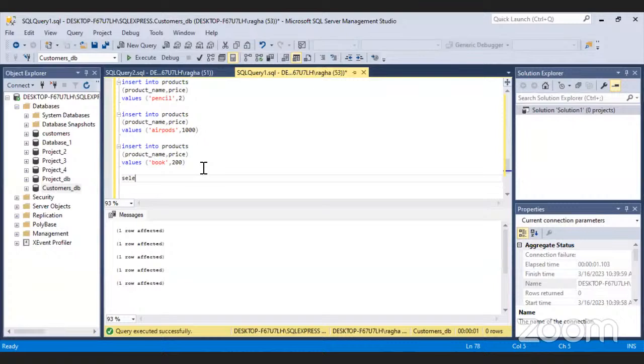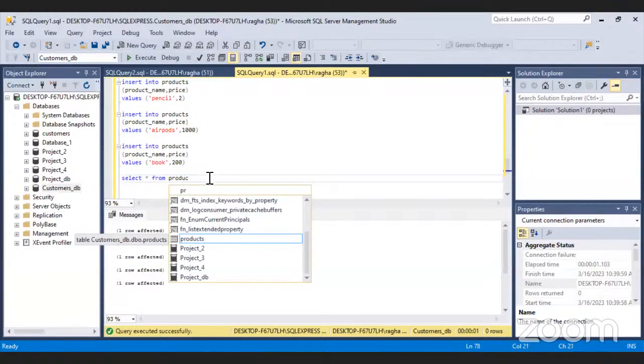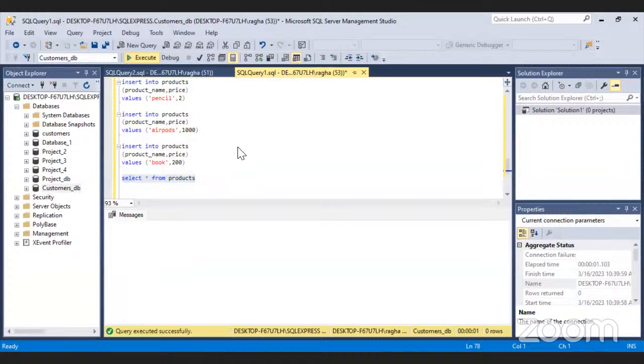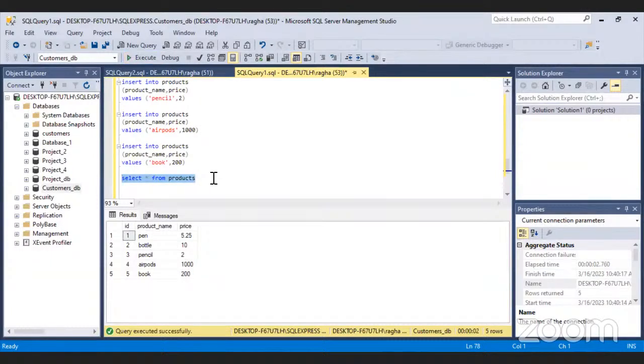So let's look at it now. We have the products table ready, and we also have a customers table available. Now we'll create the orders table.